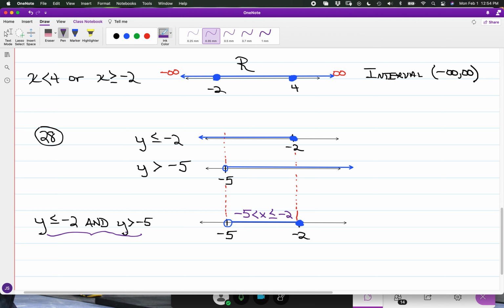Again, we have not x but y. So y is greater than -5 is the same logically as -5 is less than y. And y is less than or equal to -2, so just relaying this over, and voila, you have -5 is less than y, which in turn is less than or equal to -2. And just for the interval notation,